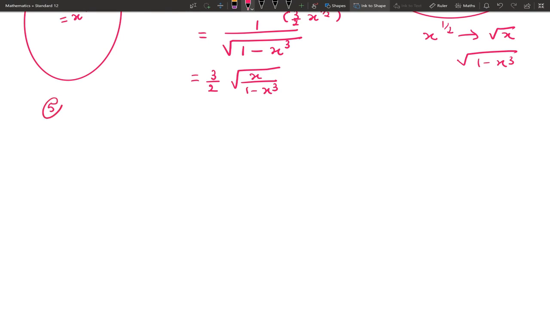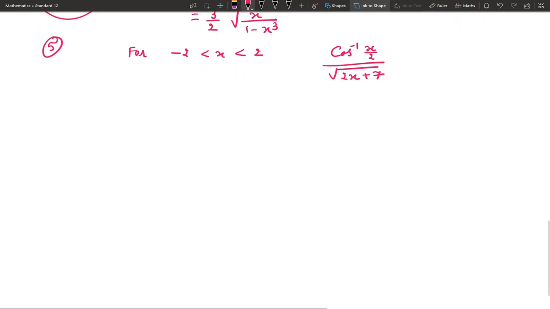Next one, y equal to, condition is given for minus 2 less than x less than 2, differentiate cos inverse x by 2 upon under root 2x plus 7. So easily you can differentiate this thing